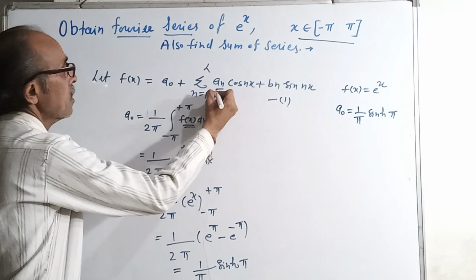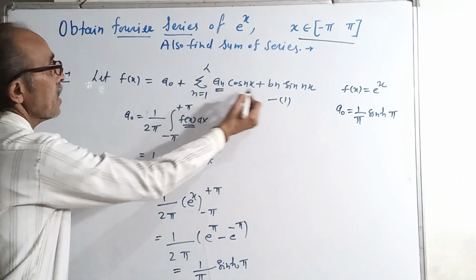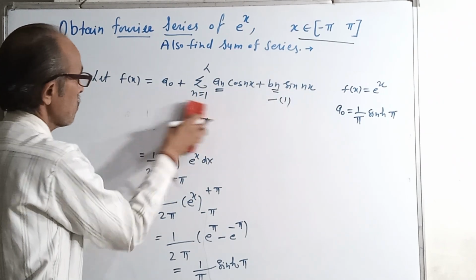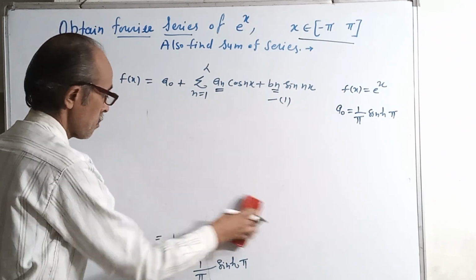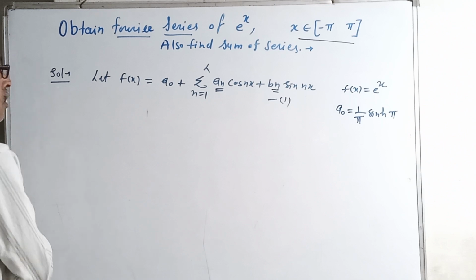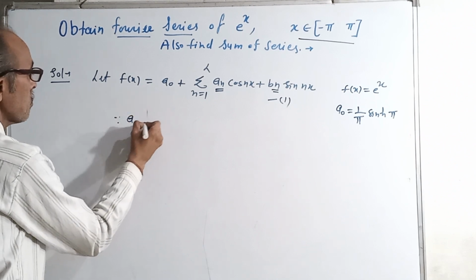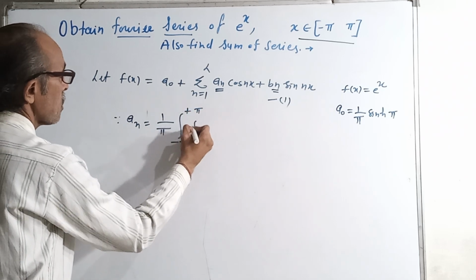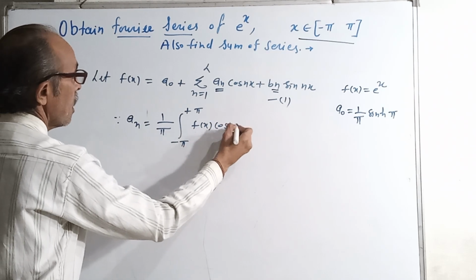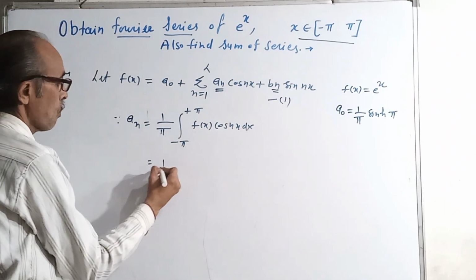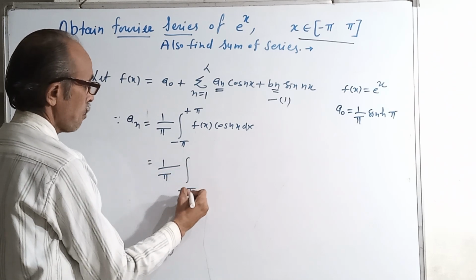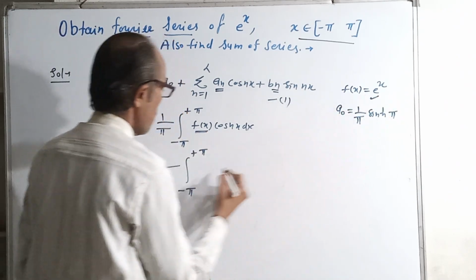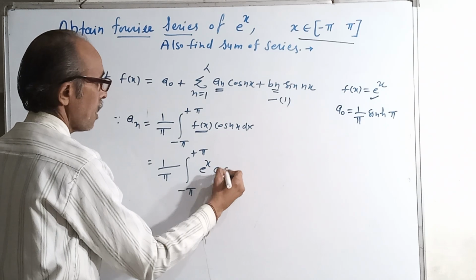Now we find the another coefficient value an and bn, and for an is equal to 1 upon π integral from −π to +π f(x) cos(nx) dx, and therefore 1 upon π integral −π to +π f(x) is equal to e raised to x here, so e^x cos(nx)